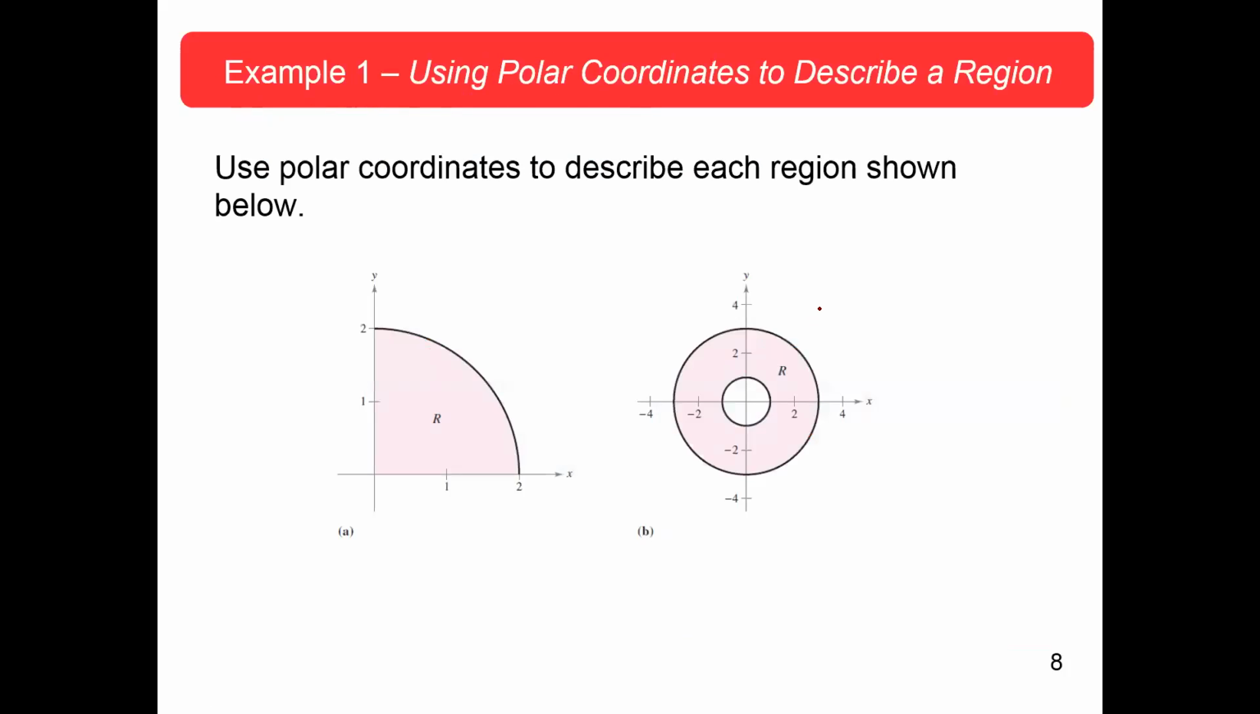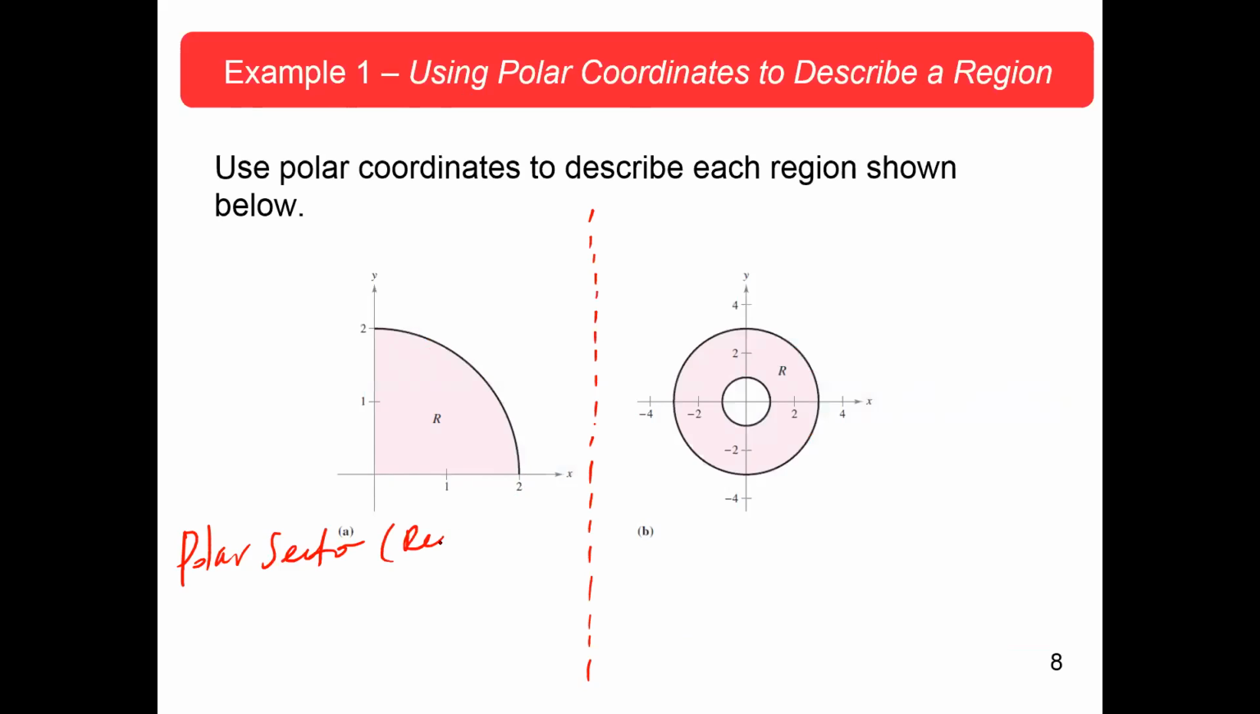Let's look at a few examples. Example 1: use polar coordinates to describe a region. There are two questions, A and B. In each question, there's a region R here. Let's first look at question A. Does that look like a polar sector? Yes. Okay, good. So this is a polar sector,